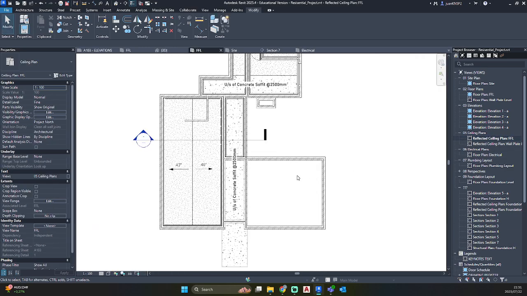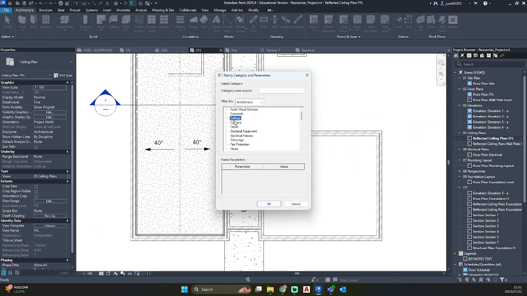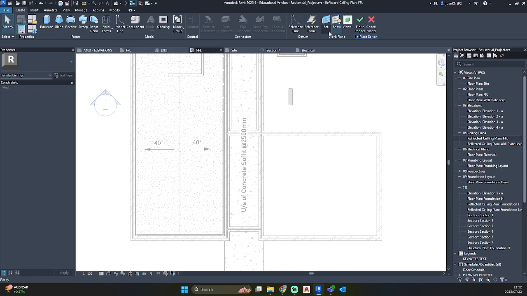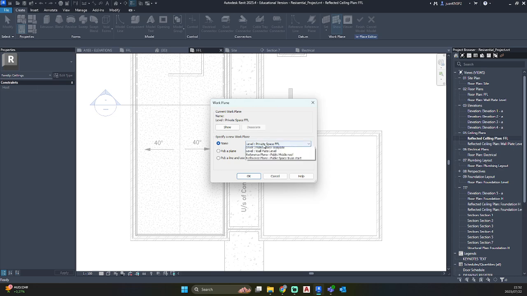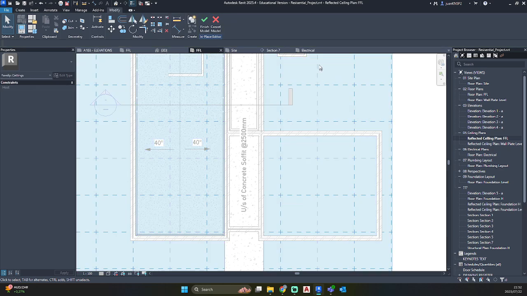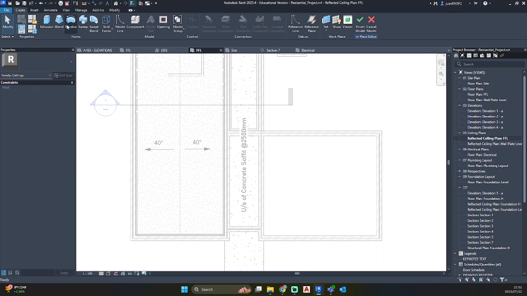So now I'm just going to do the same for the foyer. Cornice 8. Remember to set my work plane beforehand this time. Okay, so I've accidentally selected to view my work plane. That's not an issue, you can just go to your Create tab and click on Show to disable it.